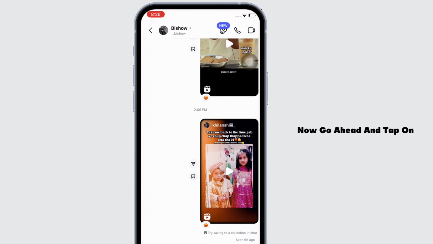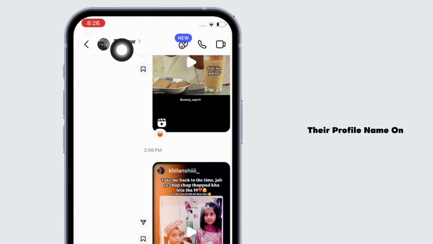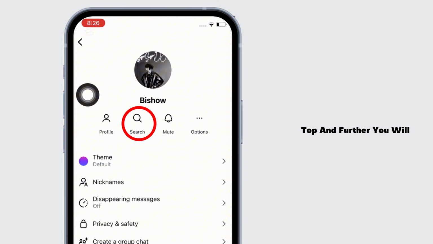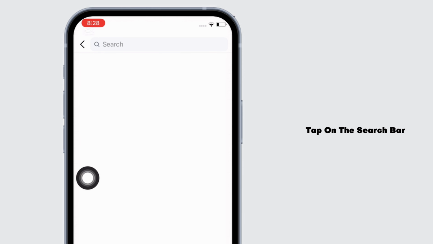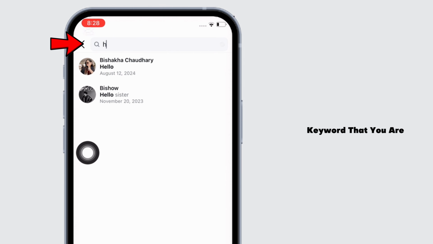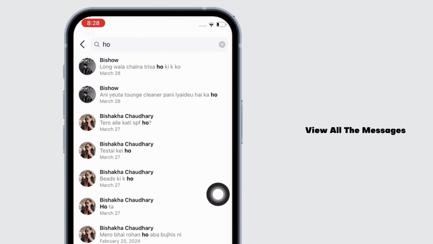Now, go ahead and tap on their profile name on top and further, you will see the search option. Tap on that and further tap on the search bar and search for the keyword that you are looking forward to. Further, tap on the search option, and with this, you will be able to view all the messages with